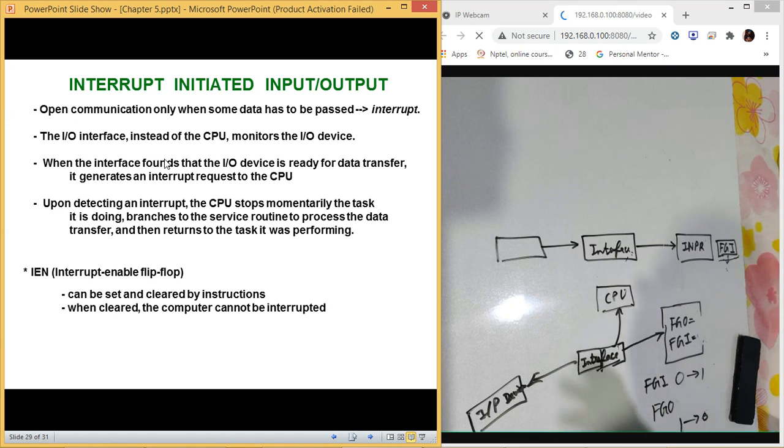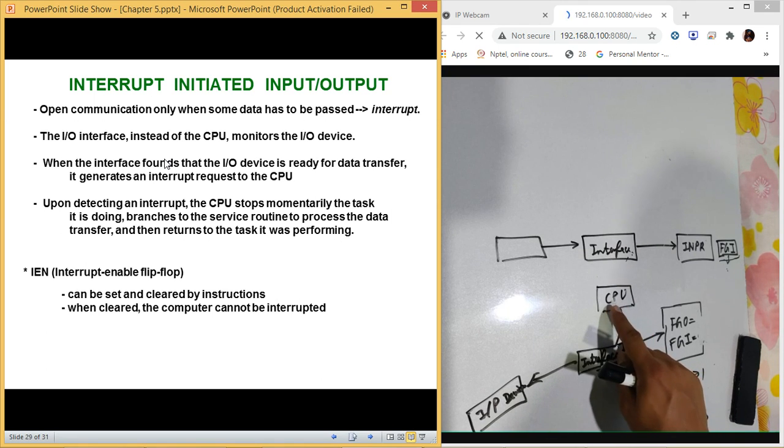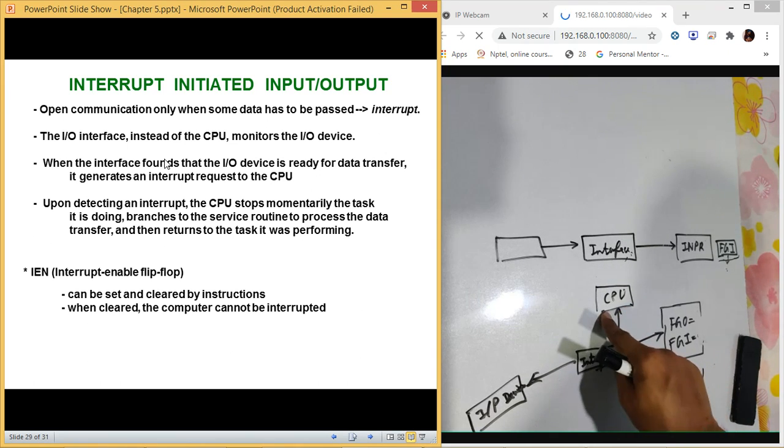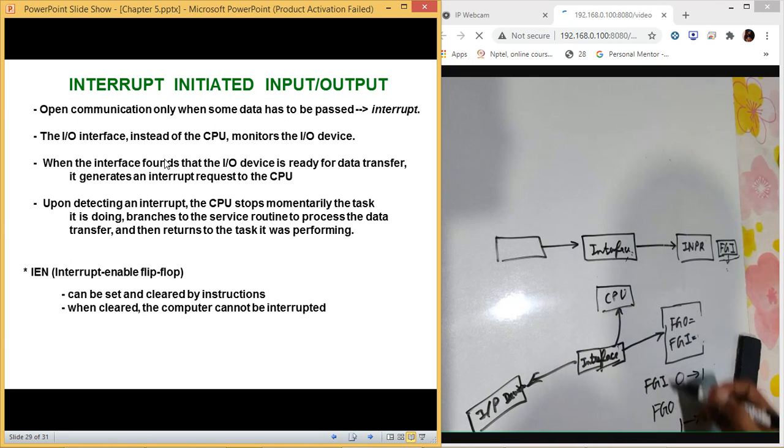Now what is an interrupt? We have a little bit of information about that, which we have discussed earlier as well. So interrupt is simply stopping it from doing whatever it was doing. So we are going to stop it from doing anything. We will pause it and then CPU will perform the transfer. Now, what has changed in this scenario?